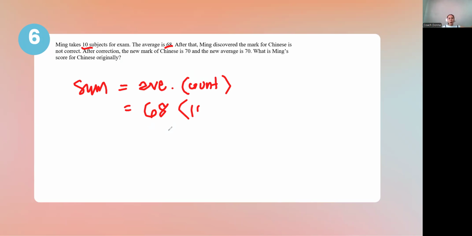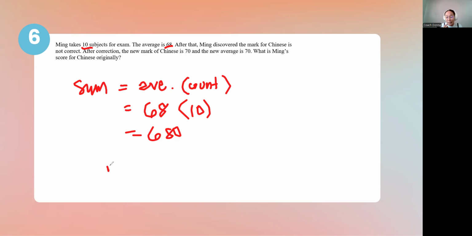Now, the new mark of Chinese is 70 and the new average is also 70. How are we going to answer this question? Actually, we're going to do it like this. We could have this is the sum. Again, the new mark of Chinese is 70. We could actually start there. All right. And the new average is also 70. So